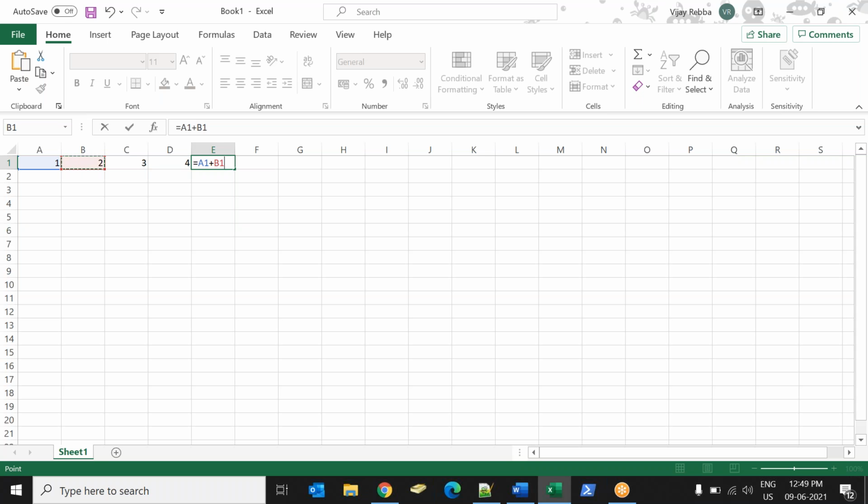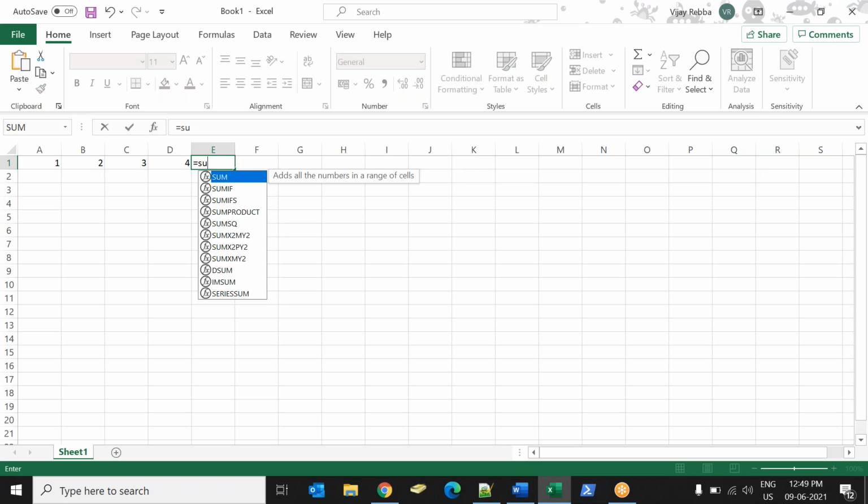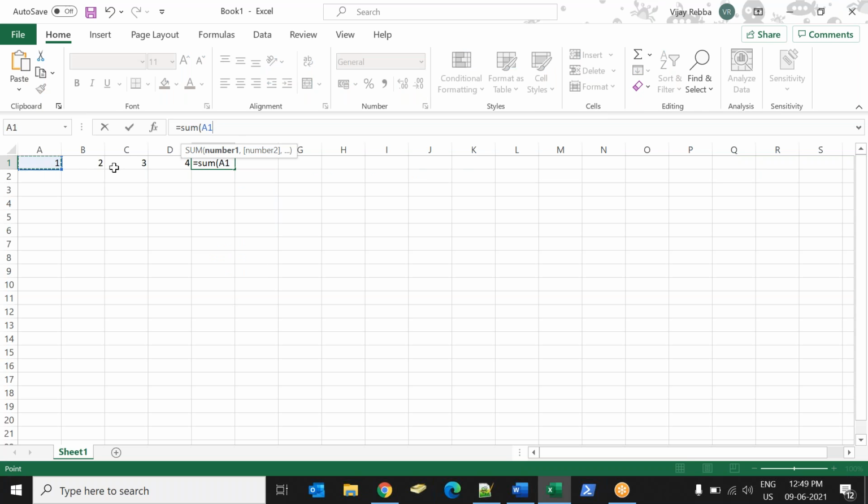No, Vijay, I'm not referring to that. I was saying in Excel, we can write equal to sum, A1 colon D1, from A1 to D1, and we can just drag them. So here we are not actually writing A1 plus B1 plus C1 plus D1. Now the question here is